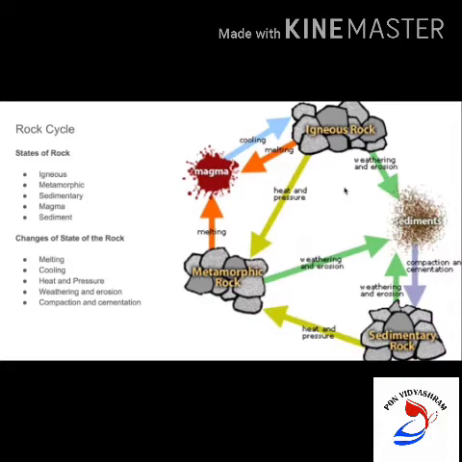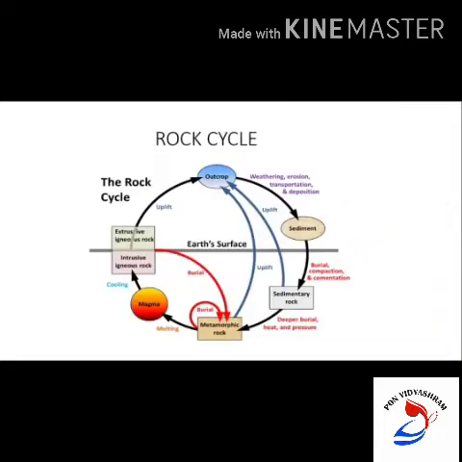The hot and molten magma forms igneous rocks on cooling. These igneous rocks are exposed to different agents of weathering and erosion on the earth's surface. The broken rock fragments, when transported and deposited in basins, form sedimentary rock. The leftover igneous rocks and the newly formed sedimentary rocks are subjected to intense heat and pressure. They change into metamorphic rocks in due course of time.